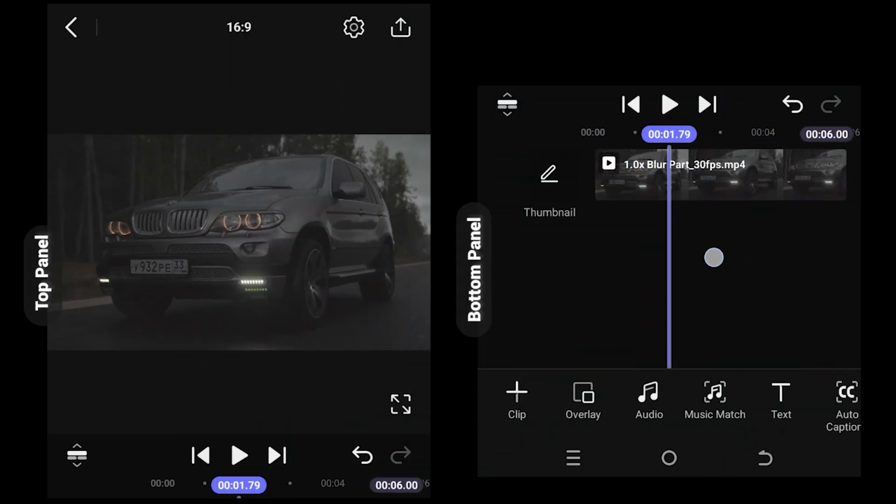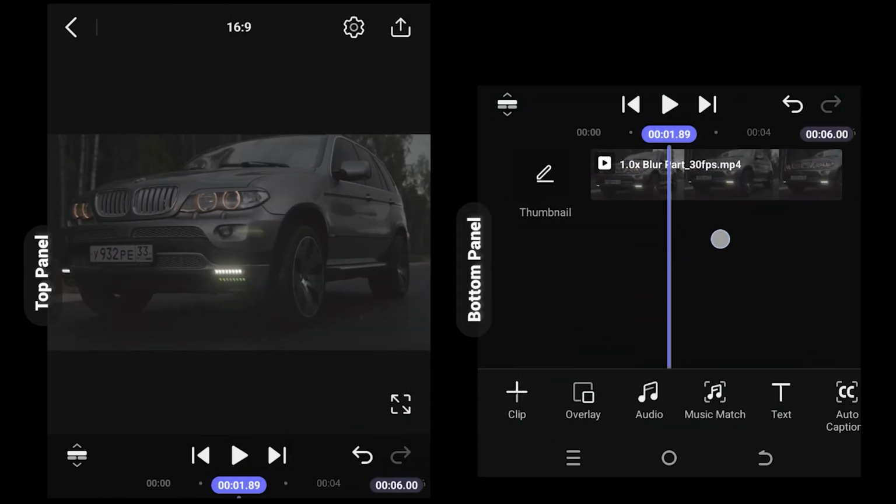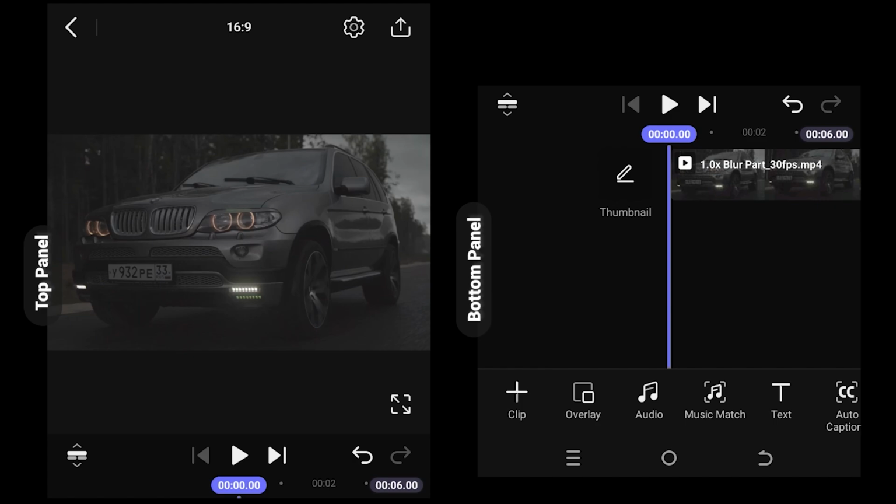So guys, on the left side we have the upper part of the app and on the right side we have the bottom part. Now suppose you want to blur the number plate from this video. For that, look for effect,